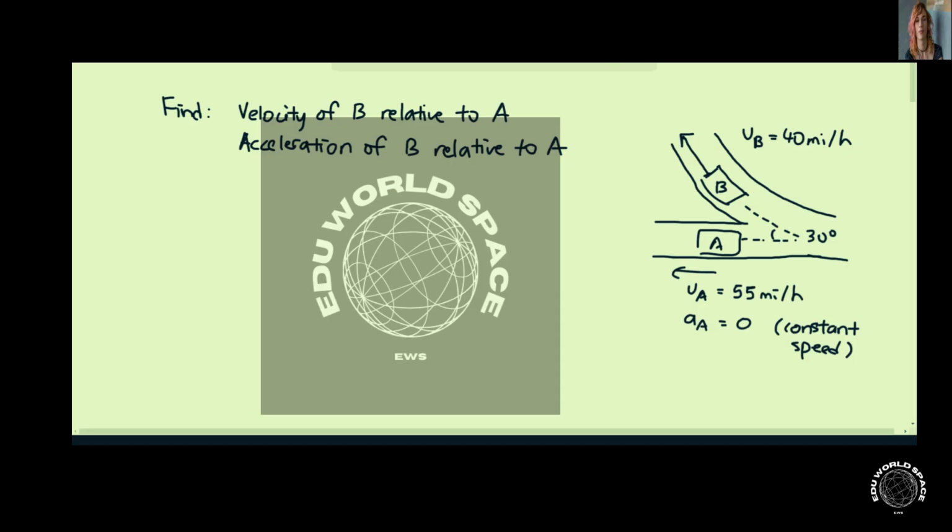In this question, we are given this situation. Car A is moving to the left at 55 miles per hour at a constant speed, and so the acceleration is 0. Car B is traveling at 40 miles per hour